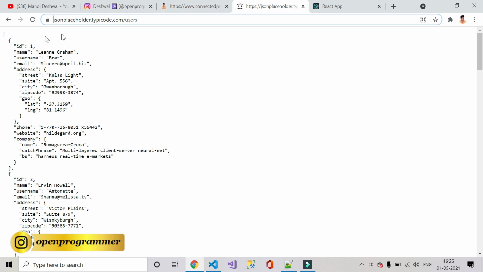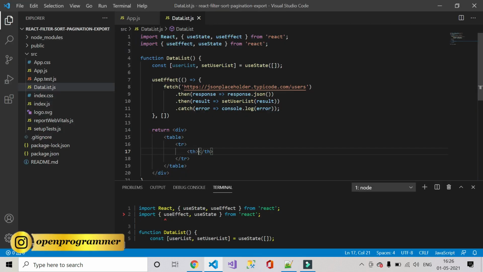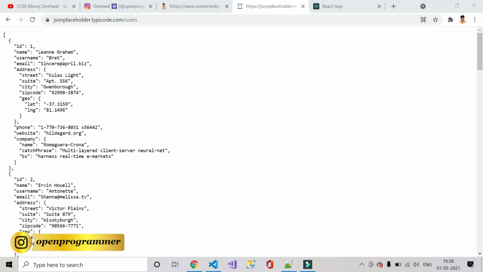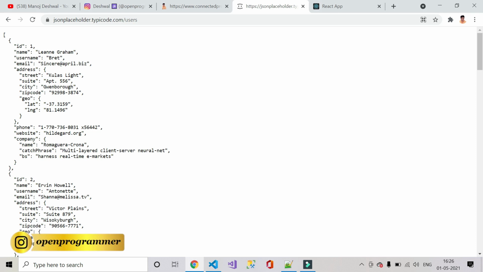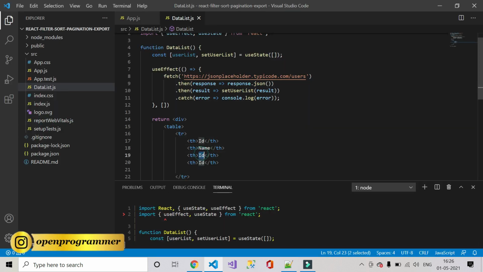So this particular API is returning ID, name, username, email. So in the table the first column would be ID, and let's copy paste. So second one is name, and then username and email. So as of now we are only using 4 columns.